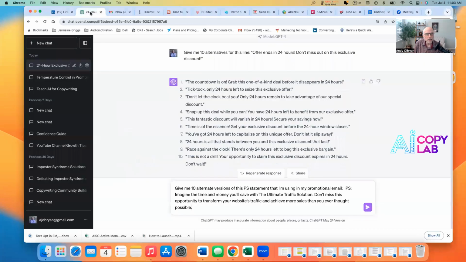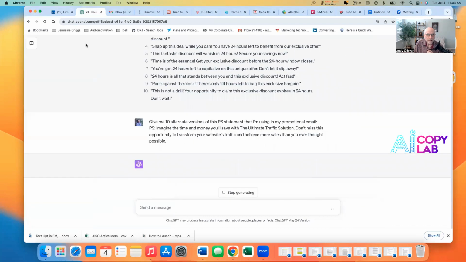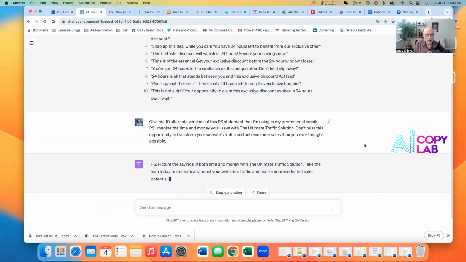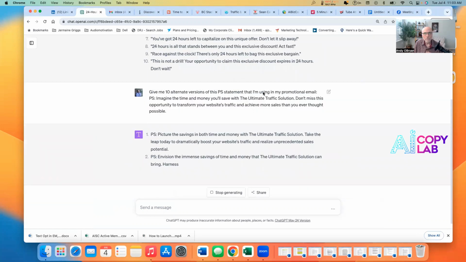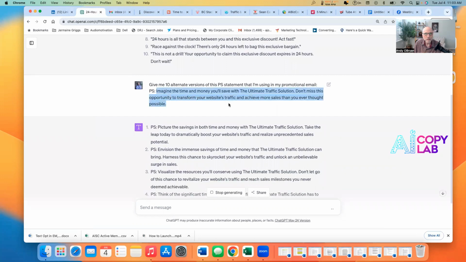So let's take a look at possible PS statements where we have a promotional email with the ultimate traffic solution. That's a fictional product that I came up with for this episode. All right. So I'm asking for a promotional email PS statement where I say, imagine the time and money you'll save with my fictional product, the ultimate traffic solution.